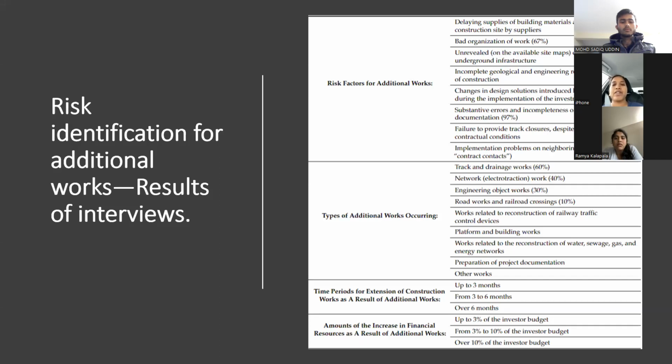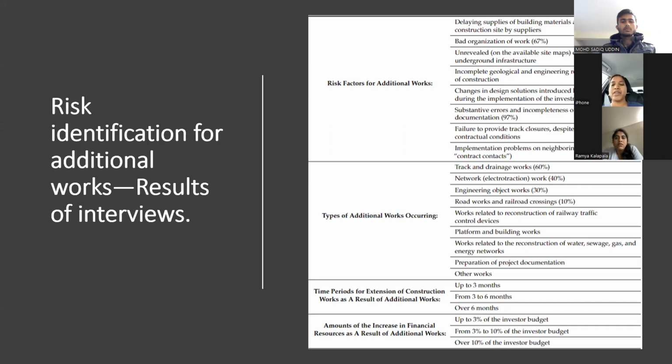The responses were utilized to identify the risk variables as well as a qualitative description of new types of building activity that have emerged. So in addition, the respondents mentioned the impact of individual causes of additional work on the appearance of additional costs during the implementation of a building investment and the lengthening of the construction and assembly work periods. So each response was also given a likelihood of occurrence expressed in percent by the respondents. So the arithmetic mean of the expert responses was used to calculate the anticipated risk level.